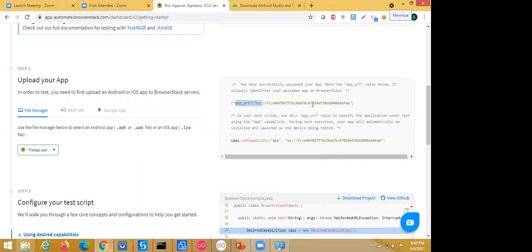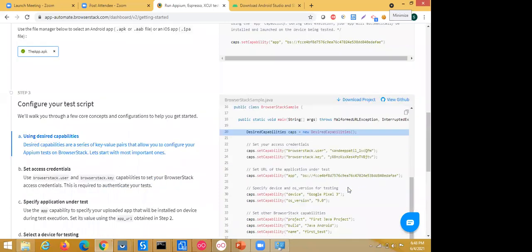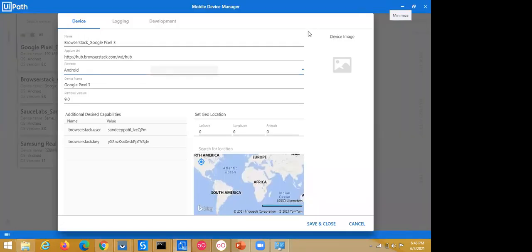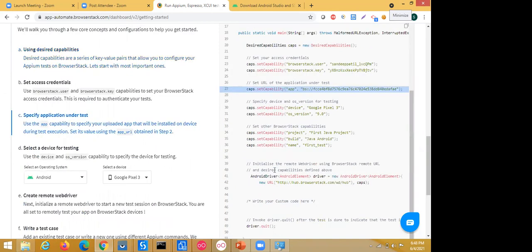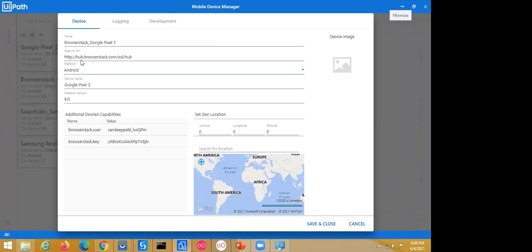So the application URL is this. Now we need to configure and add all the capabilities we require for automation. For example, the Appium URL. Just go here and copy this Appium URL, hub.browserstack, and paste it here.